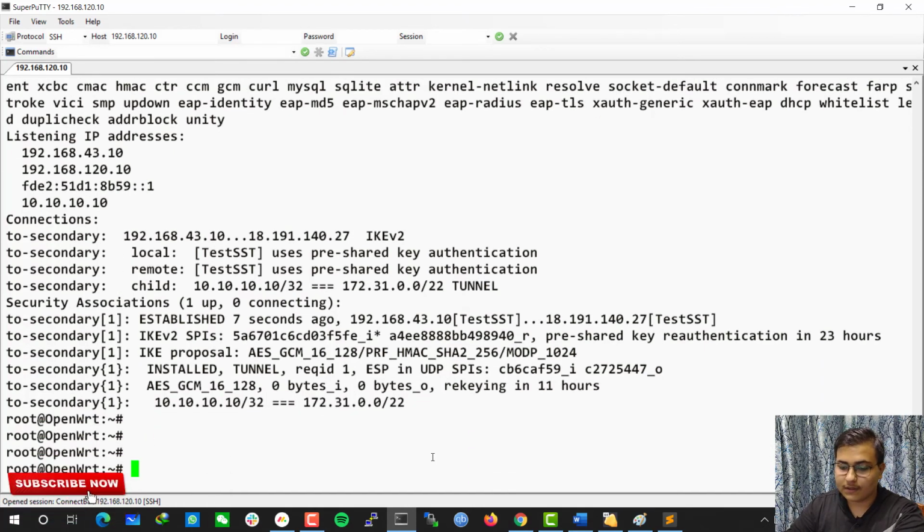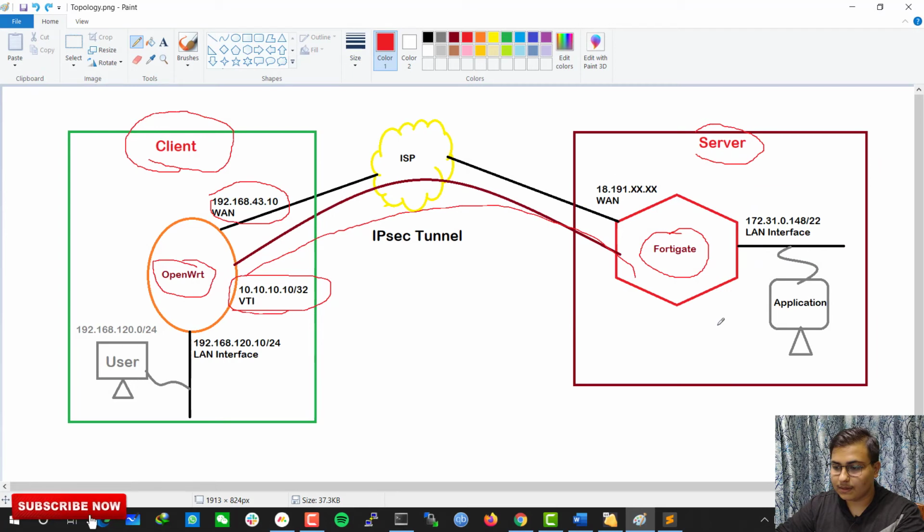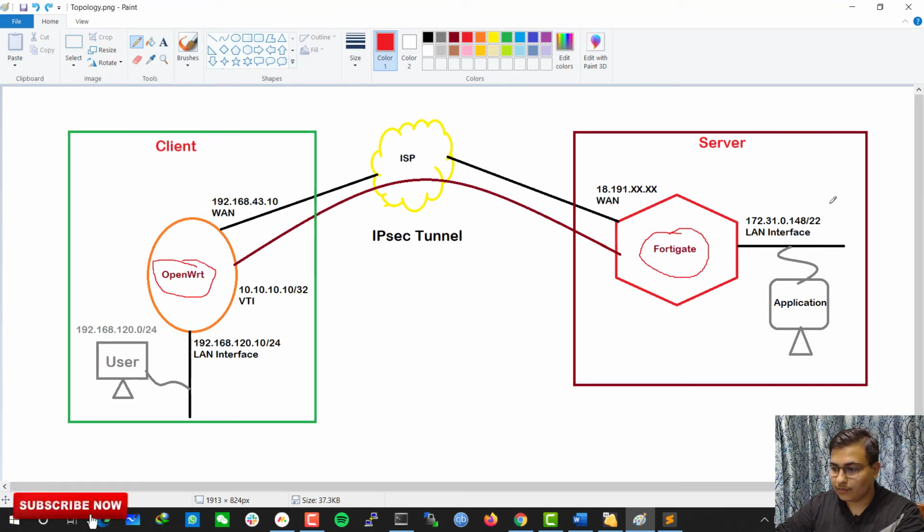So after this we will ping this IP. Let me clear this. So we are pinging this IP from this interface, so it should go through VTI.